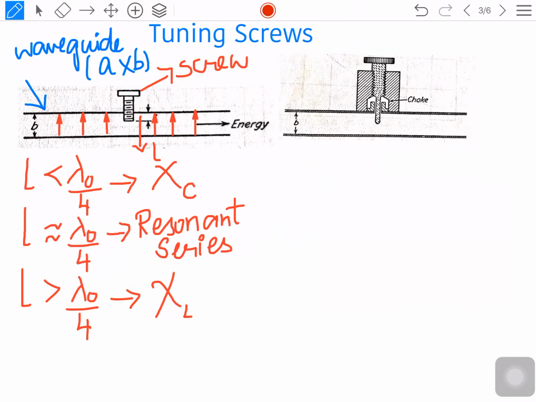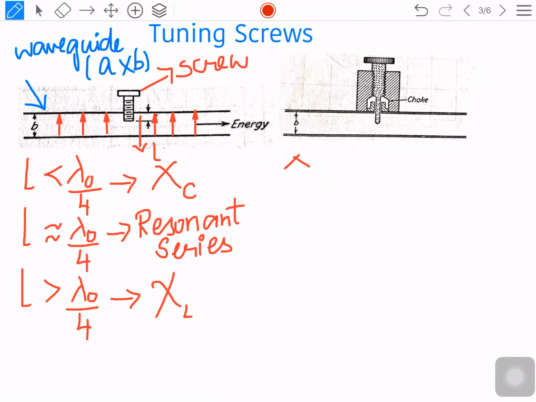Now, coming to the next figure, a special element called a choke is used in order to reduce the power leakages. Half wavelength transmission line chokes are used in the screw assembly in order to reduce the power leakage. This is how we try to reduce the power leakage if there are any leakages. As the power losses are very small here, we can even reach an infinite value of the susceptance.